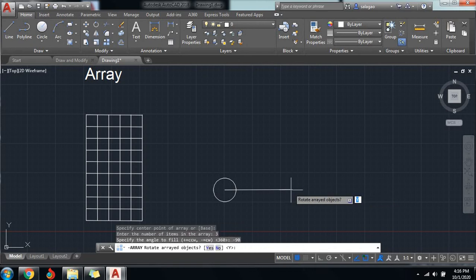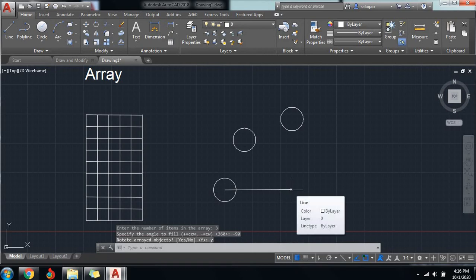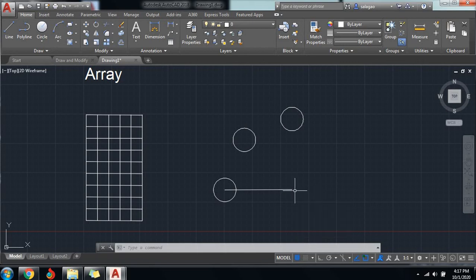You wanted to rotate, of course, yes. So you have now three copies of your circle in a circular form. Okay, now you can also copy this one. Okay, again you can copy this one. Okay, negative array,